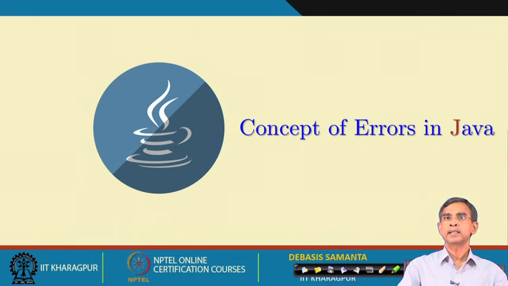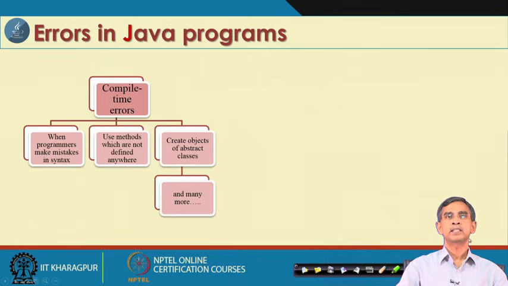Before discussing exception handling, we should understand what errors in a program mean. So far as the concept of error is concerned, there are two types of errors in Java programs. One is called compile time errors and another is called runtime errors. The compile time error is very easy, because it is not your headache to debug it. If you write a program which is not syntactically correct, that means not written according to the language specification, then an error will be reported by the Java compiler, javac itself.